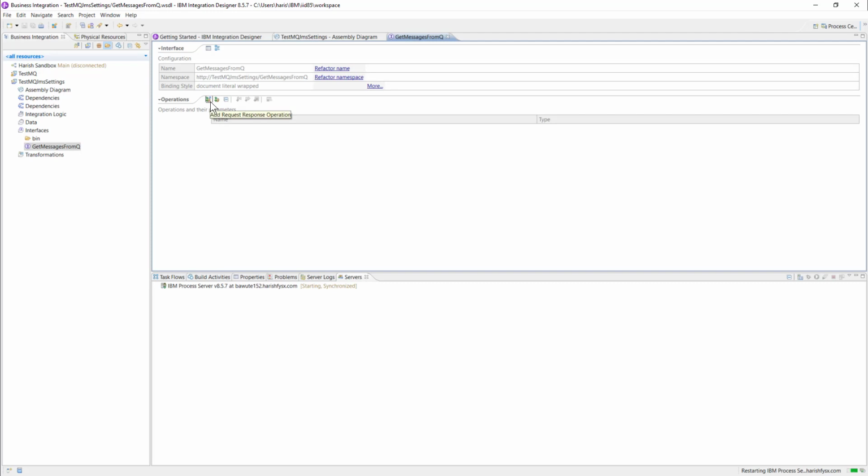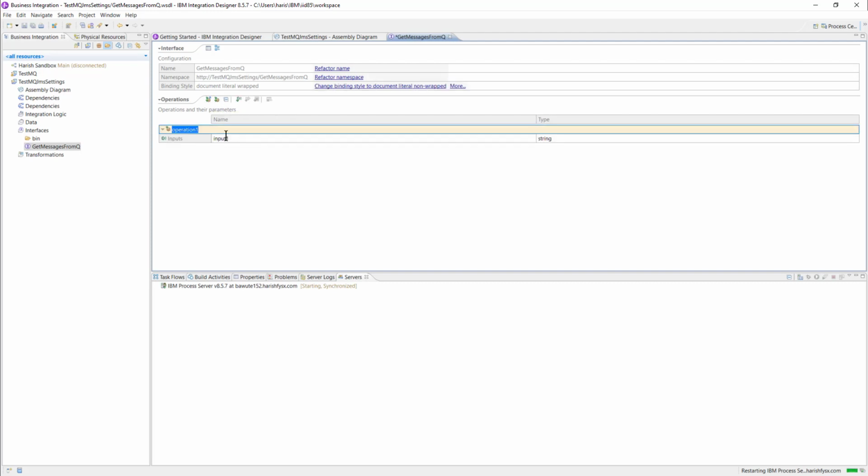Here you can create a one-way question response, but I want to create just a one-way operation. So the operation name is get received message. Okay,